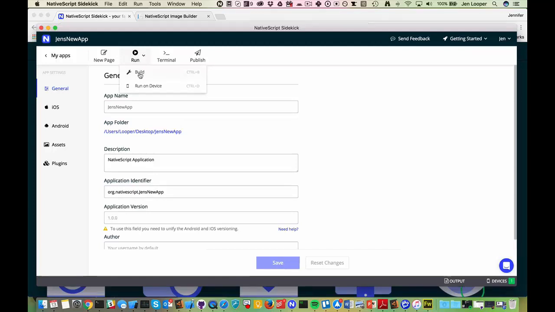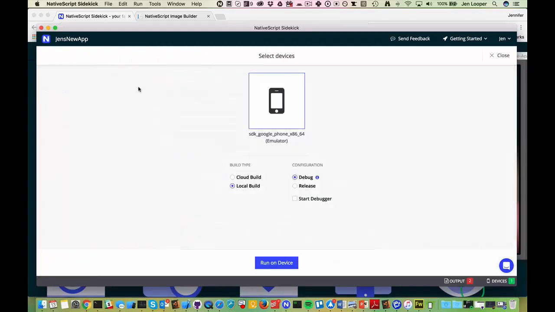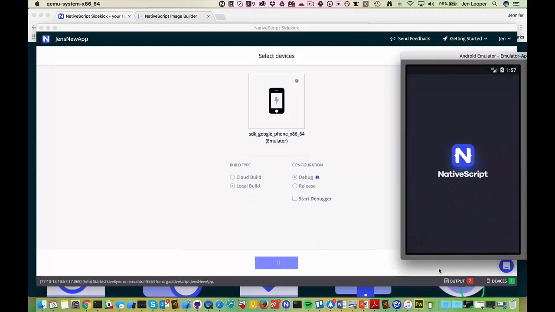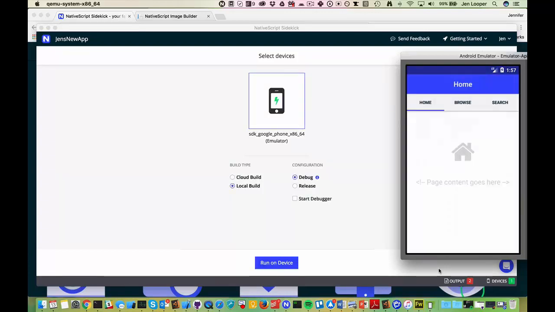So another cool thing that Sidekick helps you do is run your apps on device. So I've already fired up an Android emulator, and I'm going to click that I want a build type of a local build, and it's going to go ahead and build my app that I just scaffolded for this Android emulator. And the first time this does take a little bit of time, but it'll eventually start live syncing very nicely. So here we have that tabbed app that I have created,